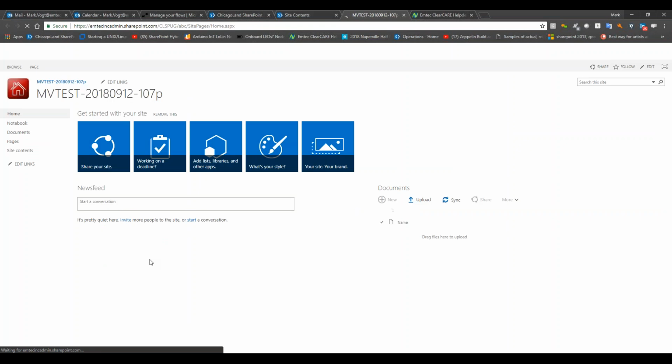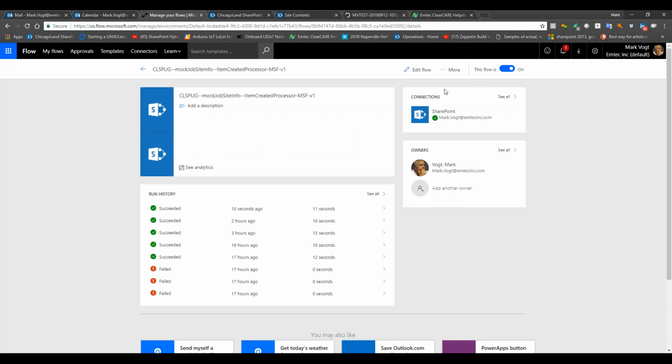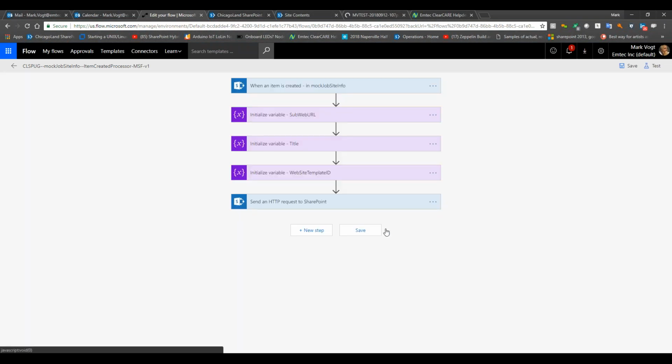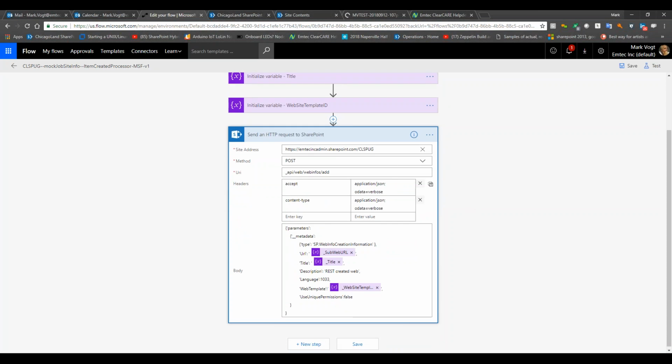So we see how powerful this is: we just created a site provisioning solution in the time that it took for me to show you. If I go back into edit, in fact, we could step through the execution of that particular workflow, but what I want you to focus on today is that all we had to do was name a site address and name a method, and all of this information came from the online documentation. That I'm going into web/webinfoservice/add is the endpoint,